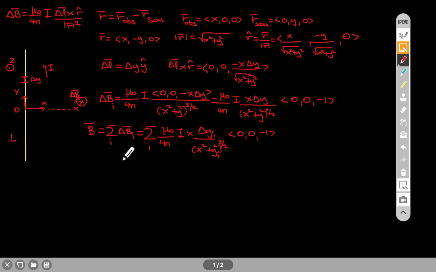Now, the next step, as I mentioned before, once I have the sum that gives me all the contributions from all short pieces of wire, I will make the approximation. I will take the limit where the delta y goes to 0, so that I can think about breaking this current carrying wire into an infinite number of pieces. Okay, that's how you get your analytical expression. So when I do that, the magnetic field from the entire current carrying wire